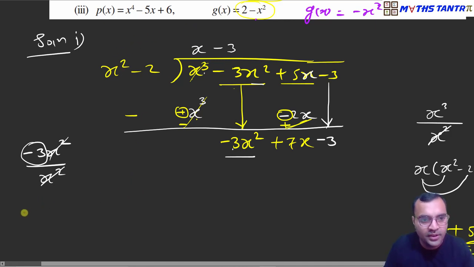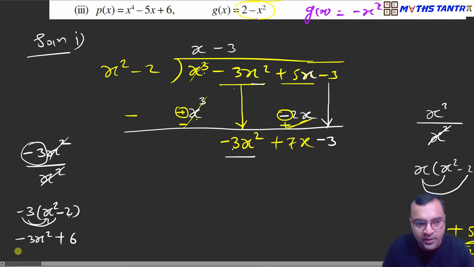Okay. So you can write it here, minus 3 into x square minus 2. What will you get? Minus 3 into x square, minus 3x square. Minus into minus plus, 3 into 2, 6. Right? So just write it down. But focus on variable power. Here it will be x square. This is constant. It should be written below the constant, right? Here.